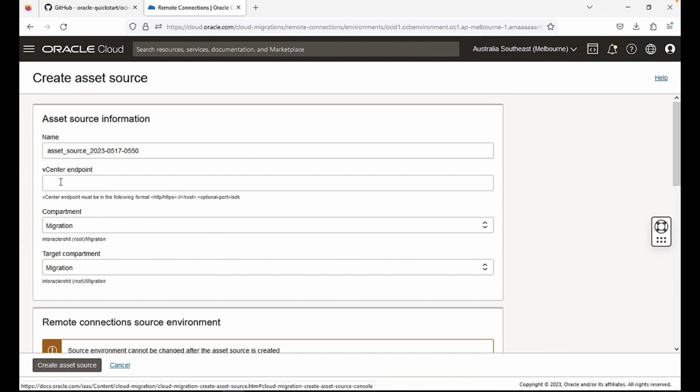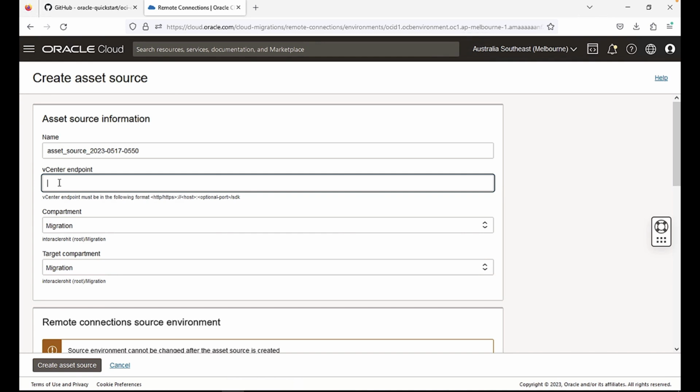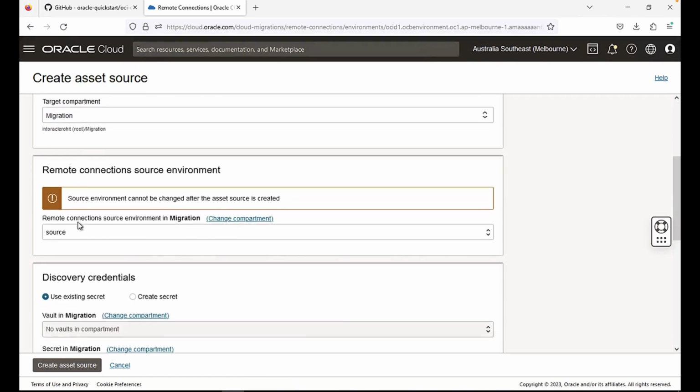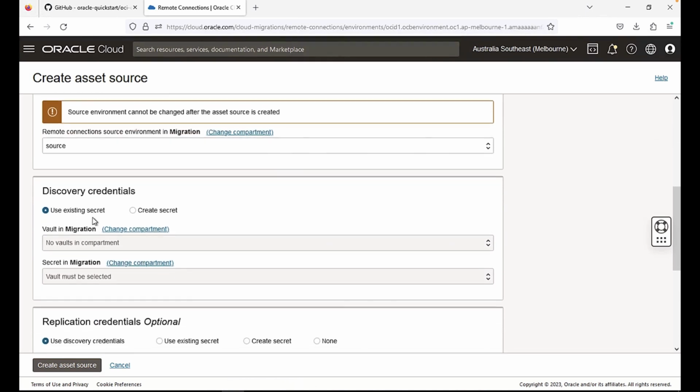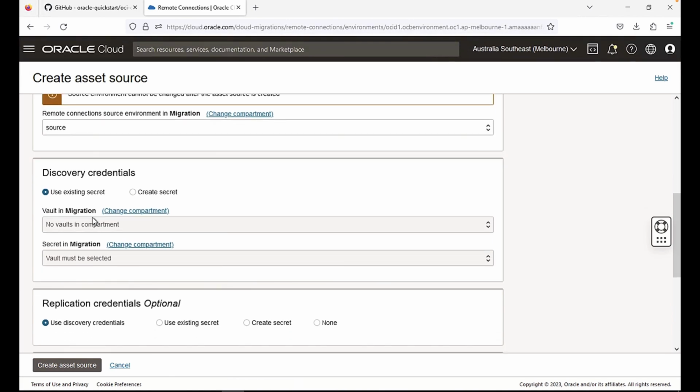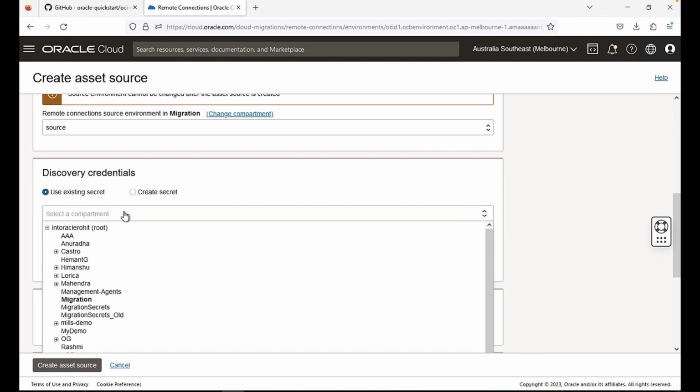We will leave the name as default. The vCenter endpoint would be the URL of the vCenter followed by /SDK. Compartment is migration. The target compartment is also migration. Then we choose the remote connection source environment that we created. Then we choose the discovery credentials. If you remember, we had 2 compartments. The second compartment is called migration secrets, and that is used to store the credentials for the vCenter through the Vault service. So let's change the compartment to migration secrets